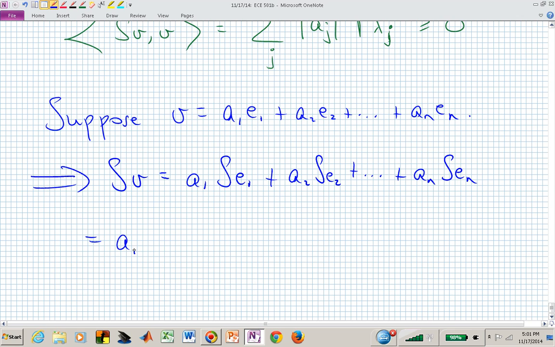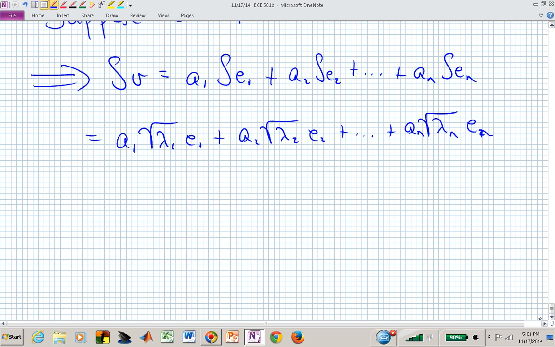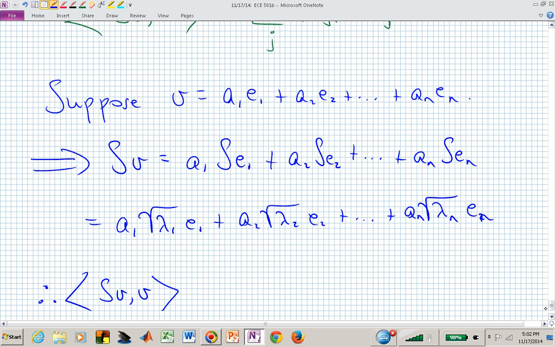This is now A1 square root of lambda 1 E1 plus A sub 2 square root of lambda 2 E sub 2, and now if I wanted to look at this inner product, I now have this vector in the first slot, inner product with V, which was just a linear combination of the E's, and I know how those E's inner product, they're orthonormal, so the only ones that are going to remain are the ones with the common subscript,